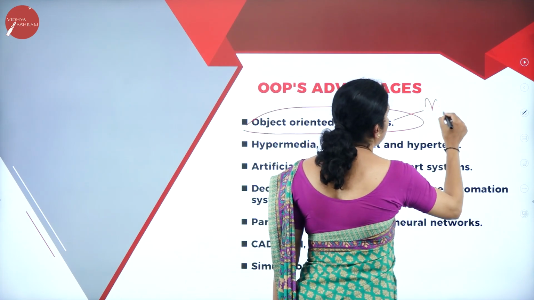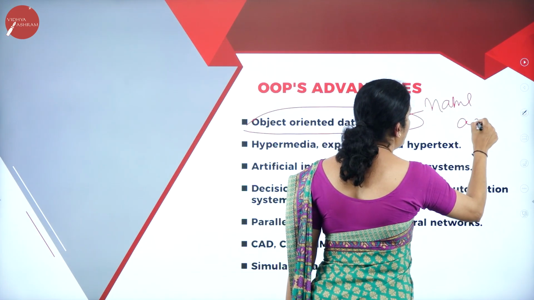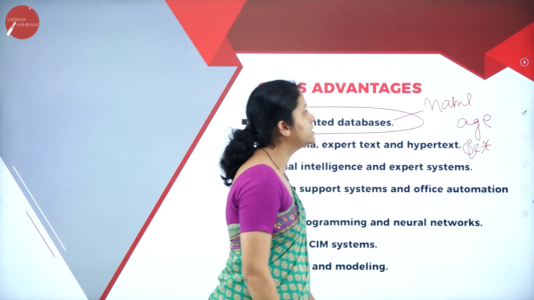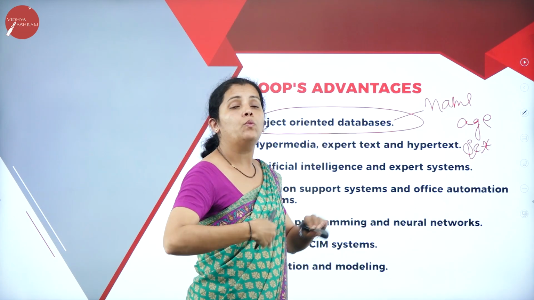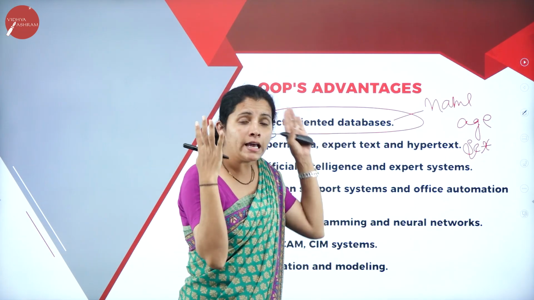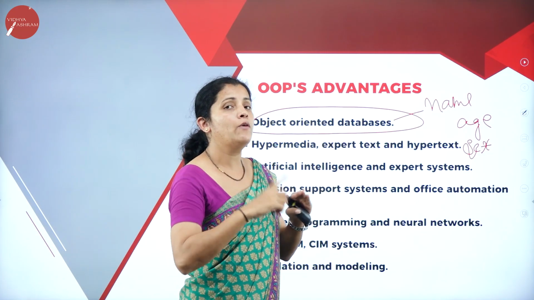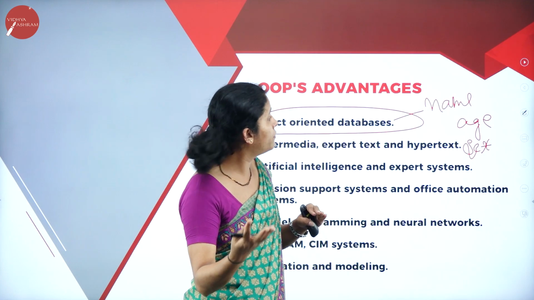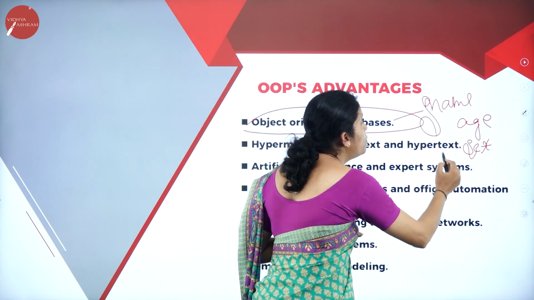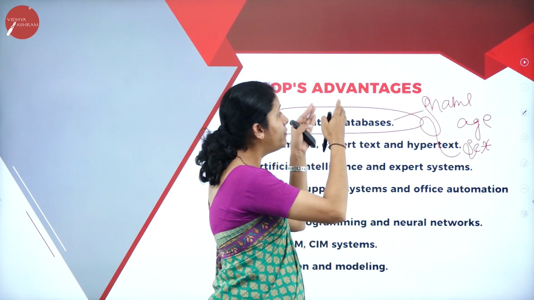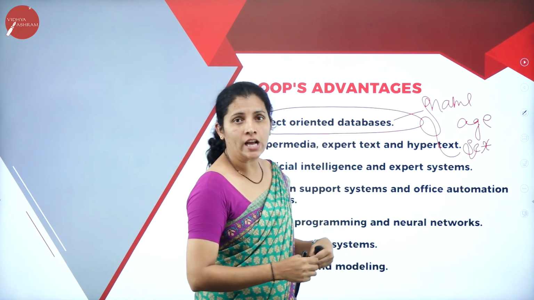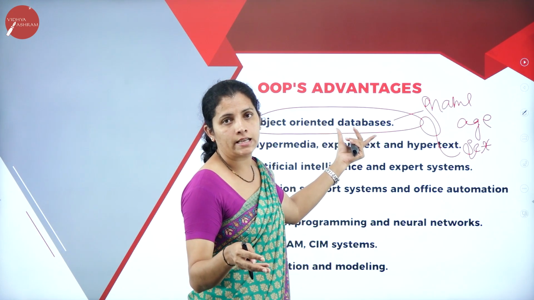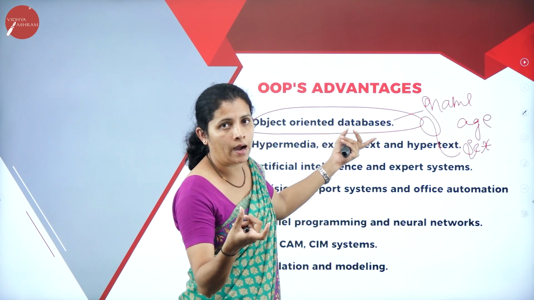So what is data? Here data is nothing but the raw fact or unprocessed data. Example, name, age, sex, etc. So these are the examples for data. Then what is database? If I have only one data item, it is data. If I have a collection of data, for example, more than 10 or 15 names, ages and sexes, then it is called a database. That is nothing but the collection of data.